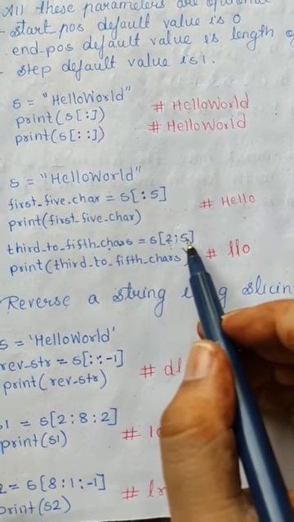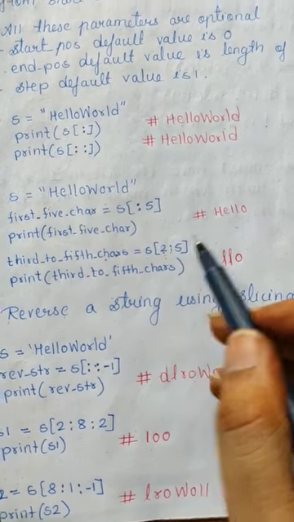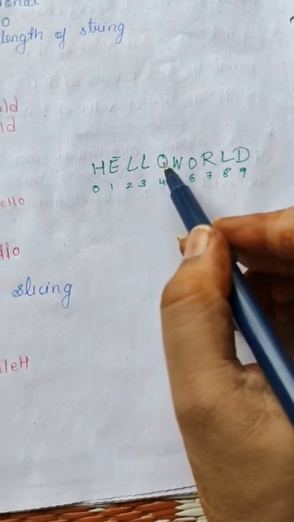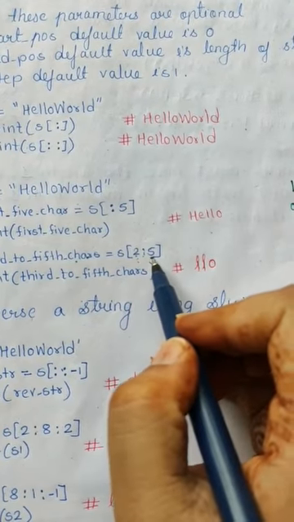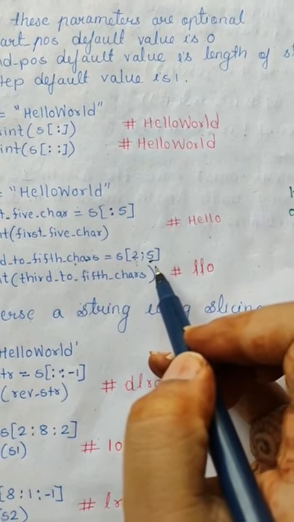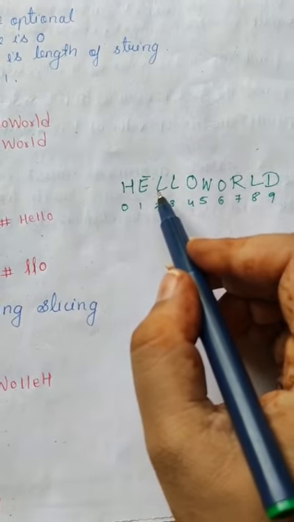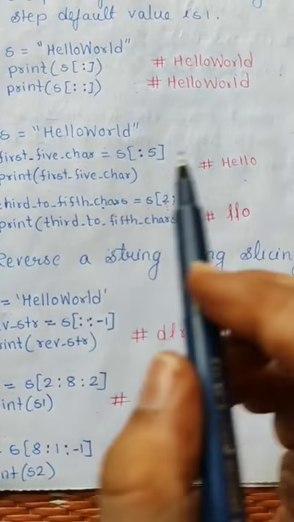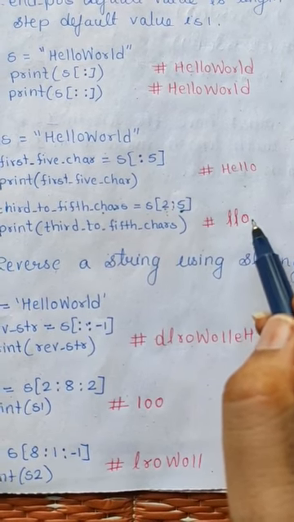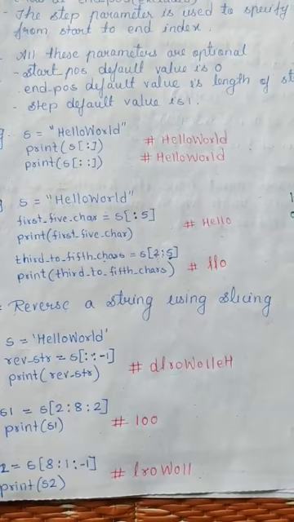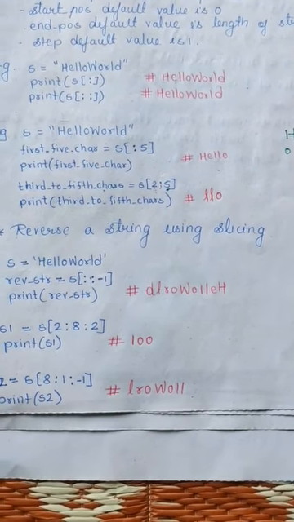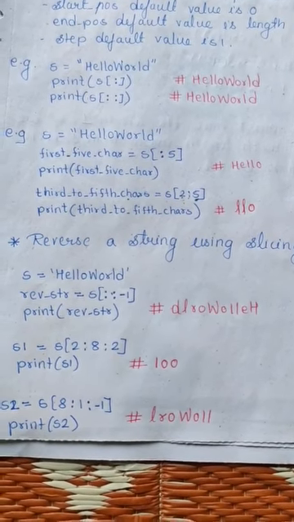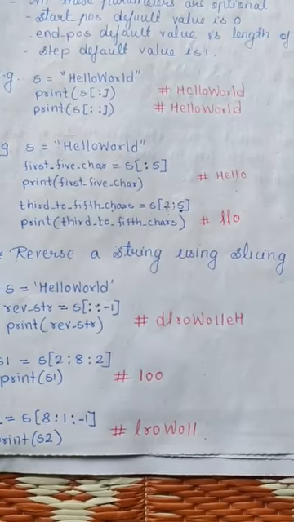Now you will ask why I have given 5 over here. The fifth character is your O, and its index, as we know, is 5 minus 1, so it will go up to 4. So it is going to give me from the third character, that is index 2 to 4, that is LLO. When you print this, it is going to display LLO. This is how we do the slicing operation. That means we can take out some substrings from the given string. That is nothing but slicing, making a slice of a given string.